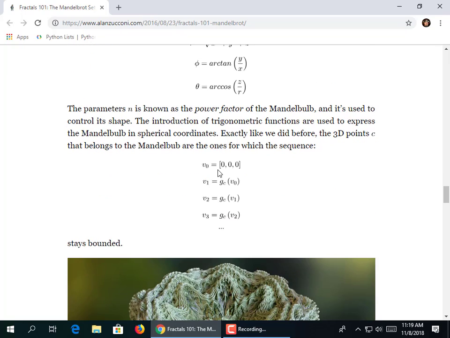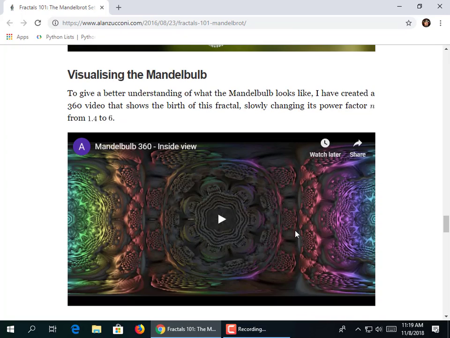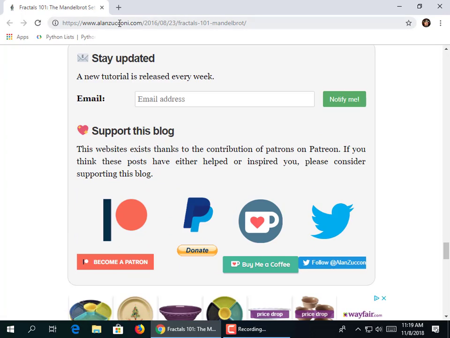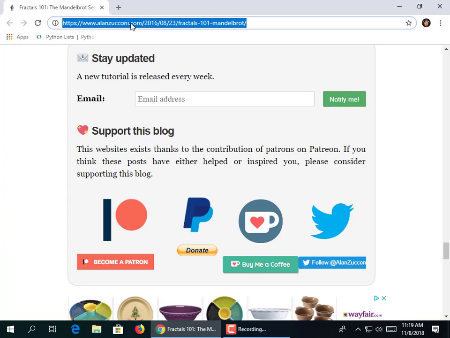So the Mandelbulb sequence is this right here. V of 0 equals 0, 0, 0. V1 is G of C, V of 0, and so on and so forth. So there was one that showed, let's do,